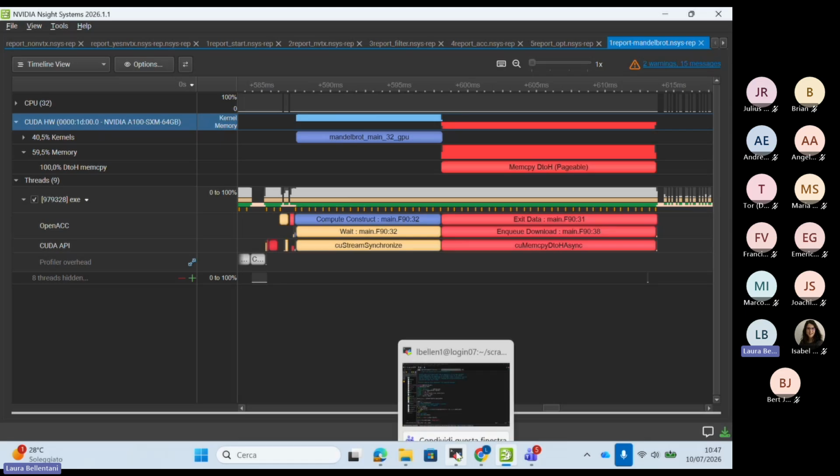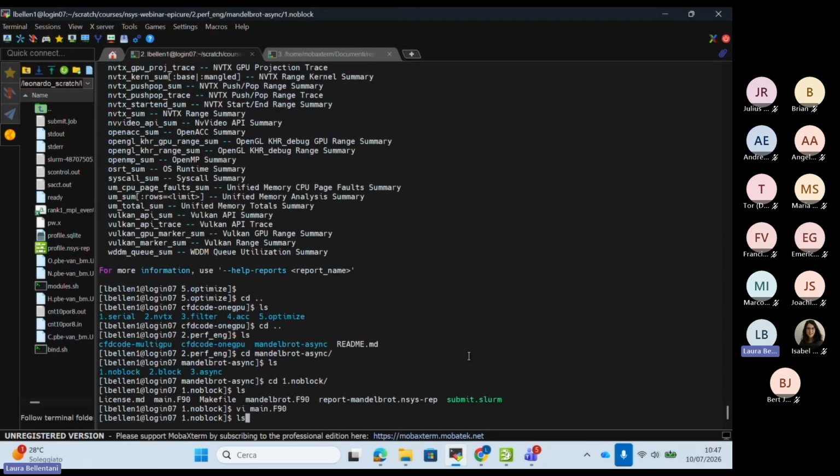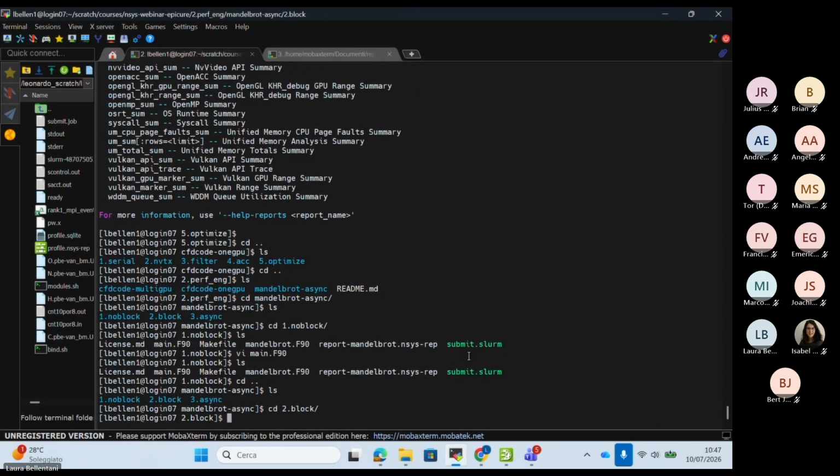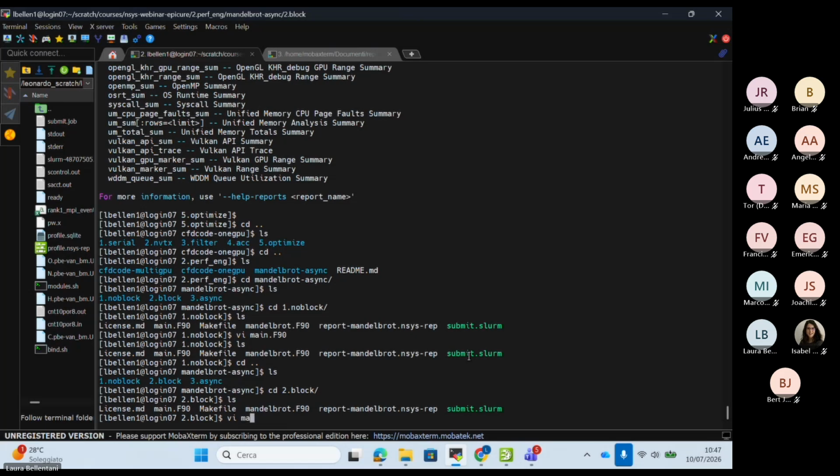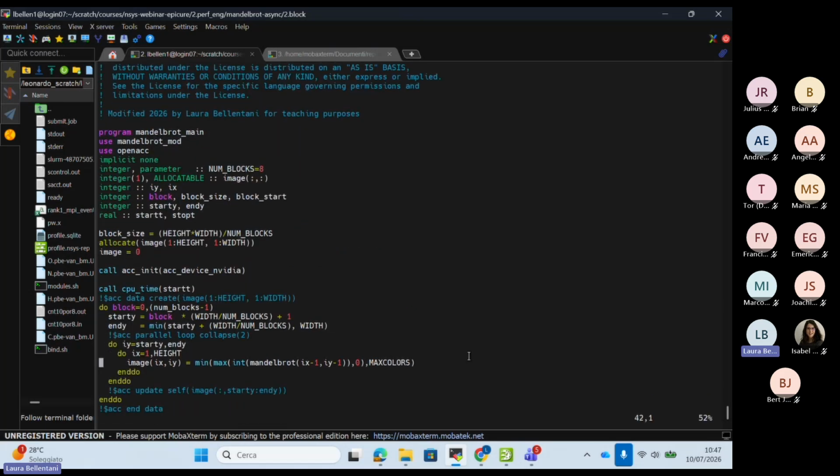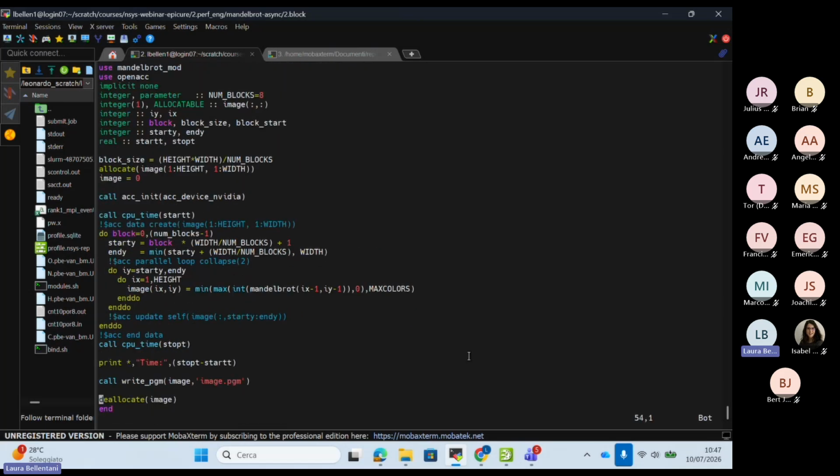Now, let's change the algorithm a bit. We change the algorithm as follows. We basically divide the width dimension of our two-dimensional grid for the image buffer into blocks, into chunks. And we add an outer loop where we implement this operation per chunk.